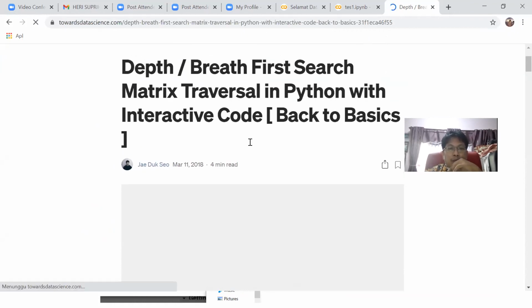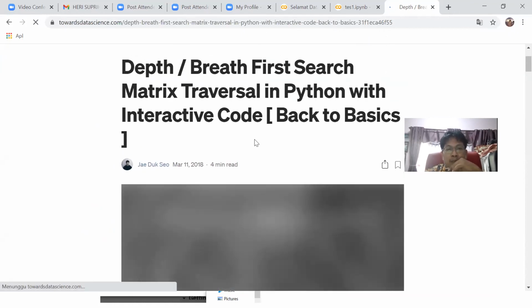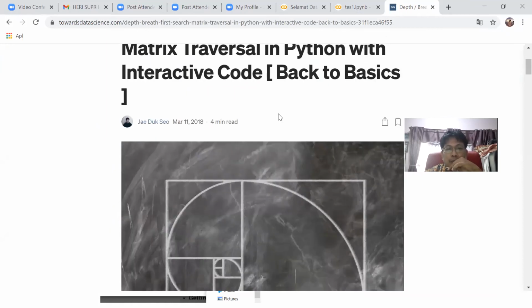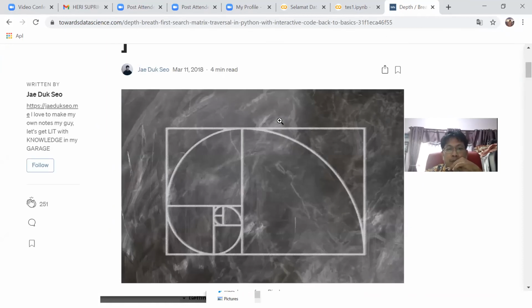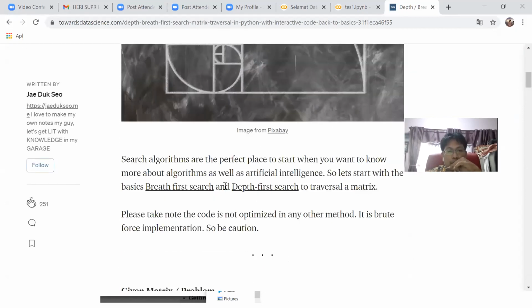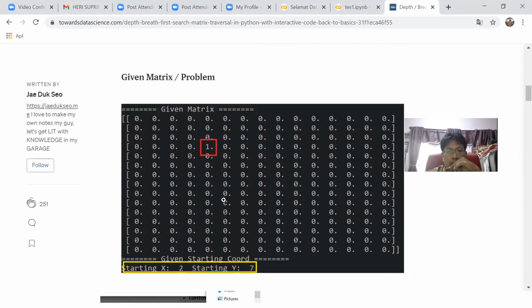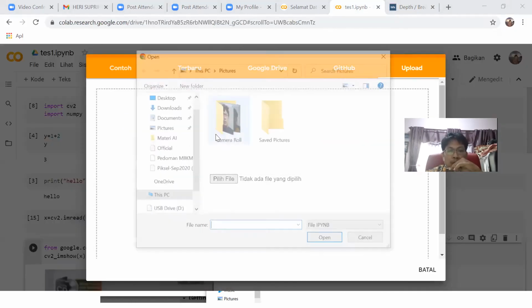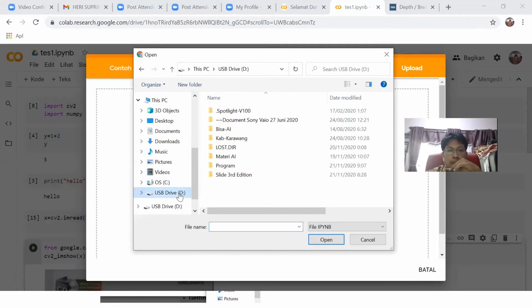After this presentation we start to practice the depth first search and breadth first search. So we just upload the file. I have shared it with you in Edlink.